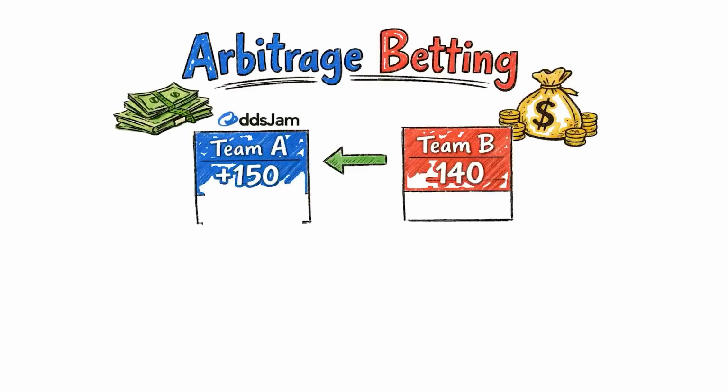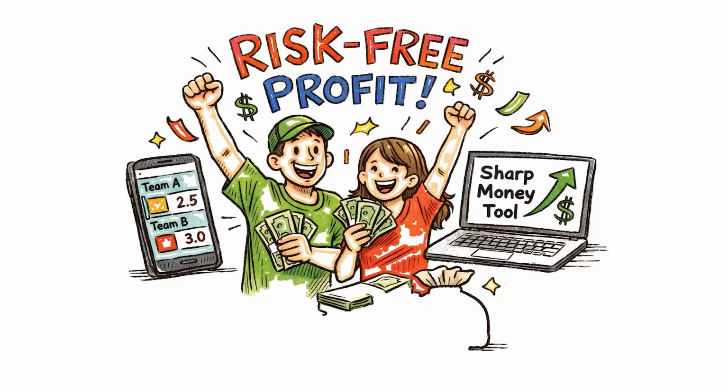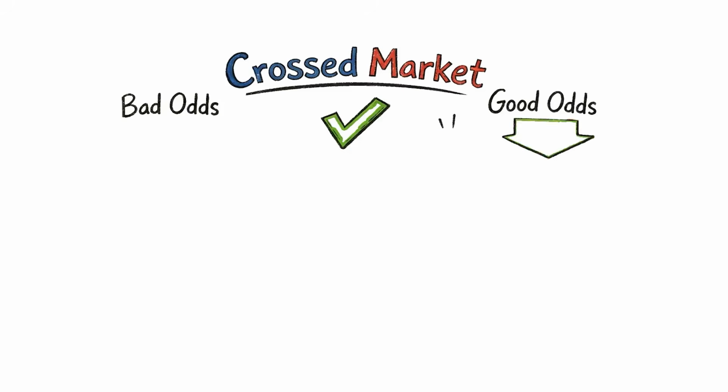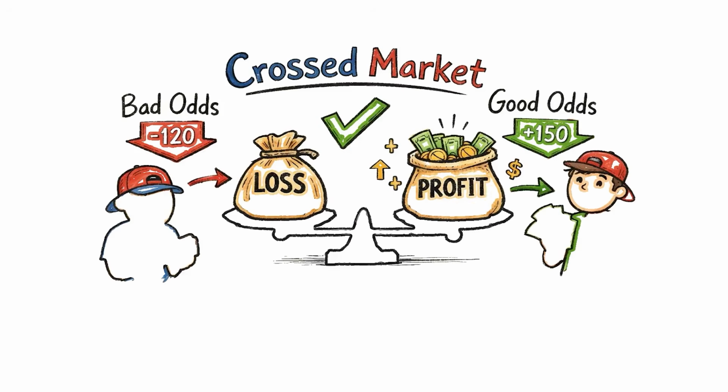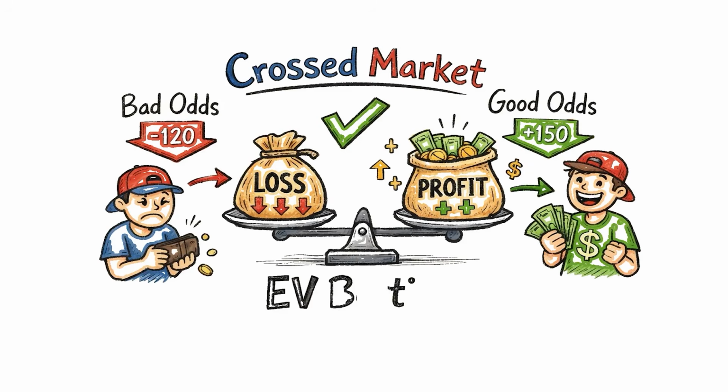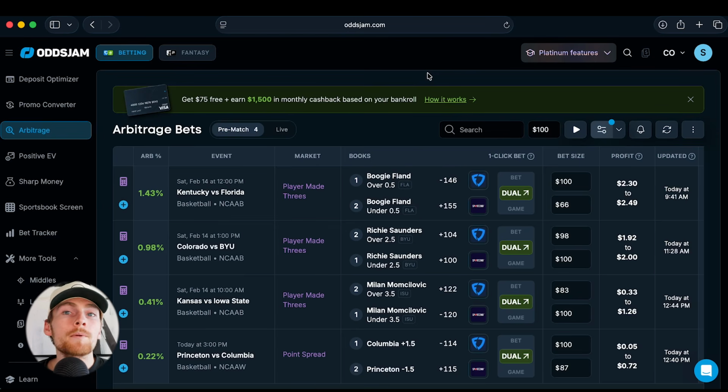Now, you may already know the strategy of arbitrage betting, a strategy countless sports bettors are using to make a risk-free profit. Cross-market EV betting, in short, is only taking the positive expected value side of an arbitrage bet. Let me explain. Here we are over on OddsJam to take a look at some arbitrage bets. Again, the premise with arbitrage is pretty simple. You bet the opposite side of the same prop on different sportsbooks with different odds,